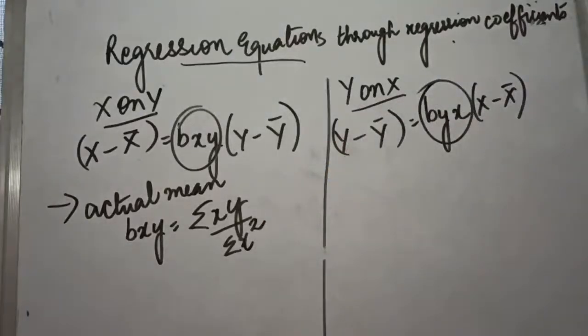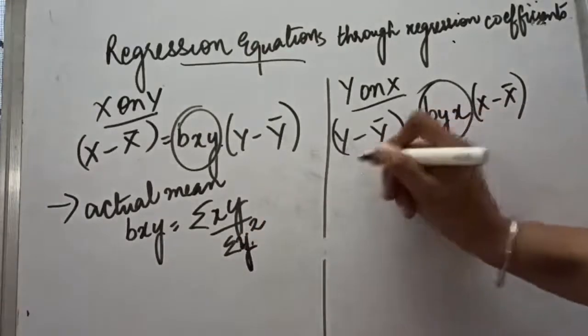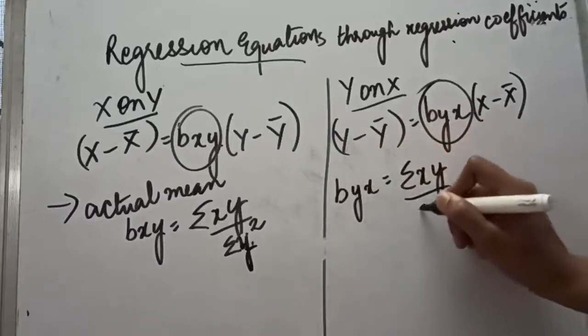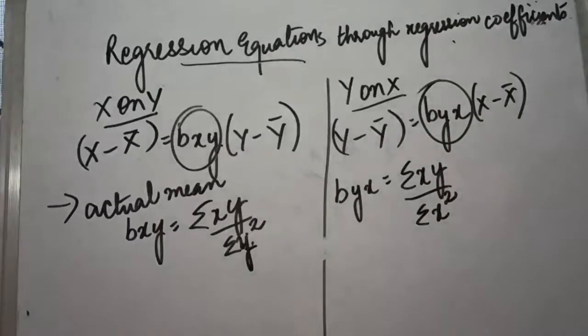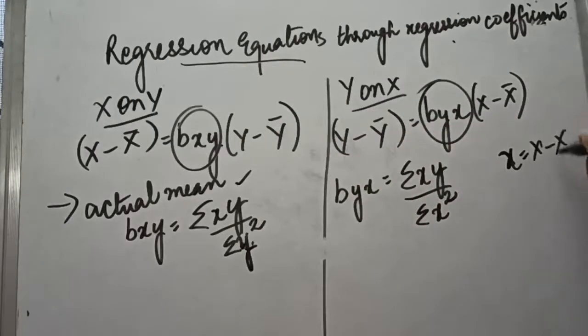So small x will be used. Here we will put not x square but y square, so in this case we will calculate byx. So here the formula will be sigma xy divided by sigma y square. So when deviations are taken from the actual mean, we will make use of this formula. Now we all know small x stands for capital X minus x mean and small y stands for y minus y mean. This method you can apply when you know that the mean is not in fractions, and in that case you can take deviations from the mean.